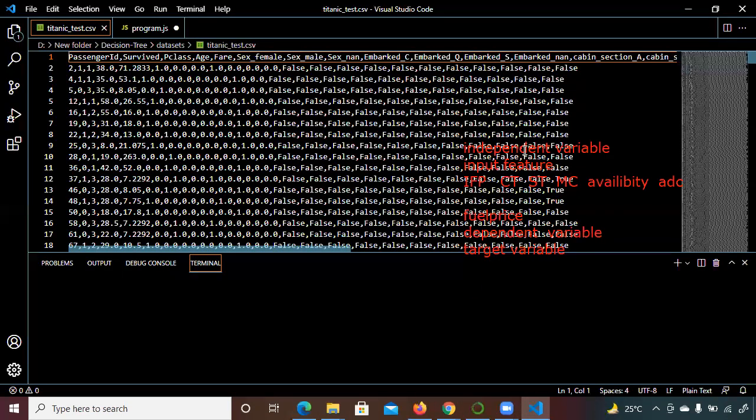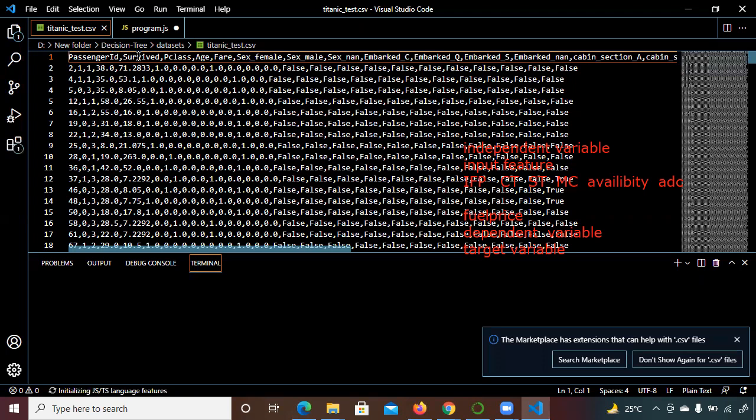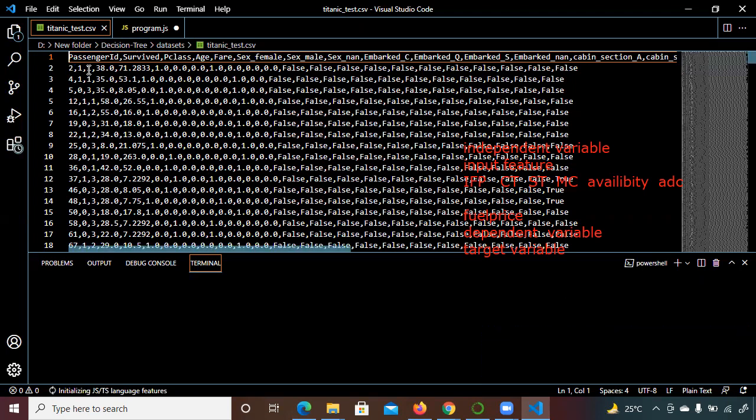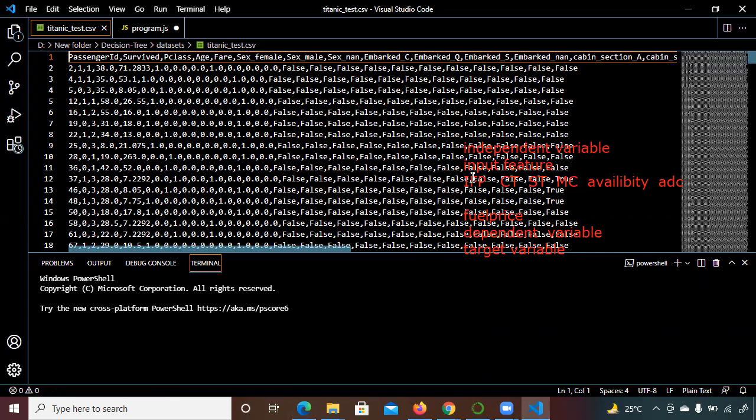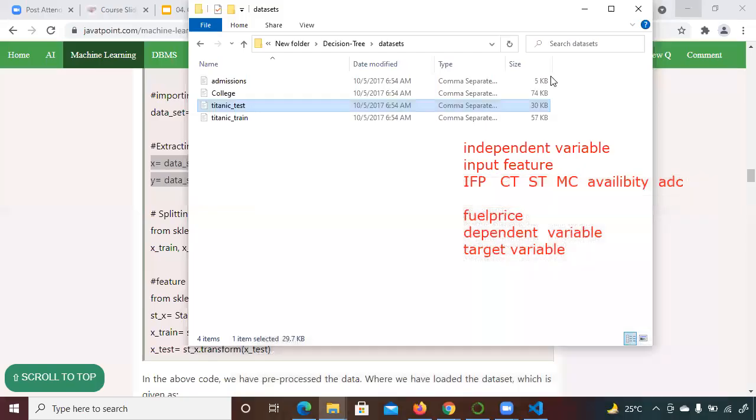So you can see here, right? If you can see here, these are the columns, passengers survive. These are the columns, and these are all the values that are separated by comma, right? I am going to explain it in Jupyter Anaconda when we run it. But these are the values separated by comma. The same thing you can open in Excel as well. So this is the dataset.